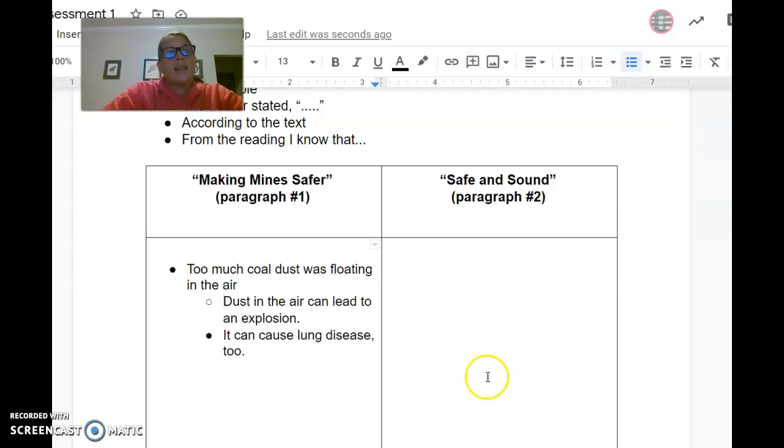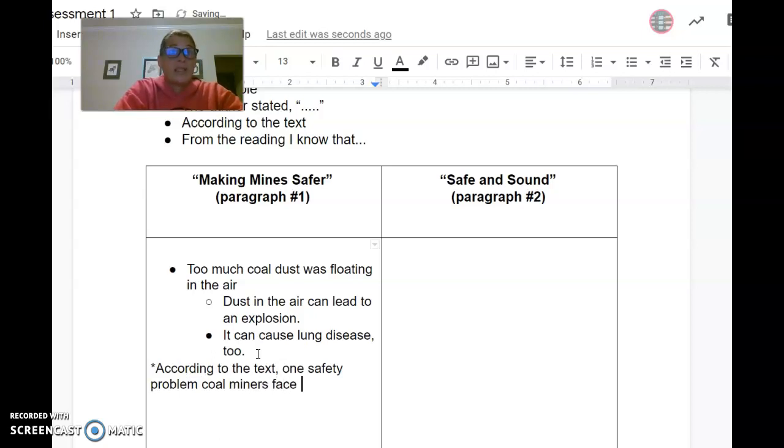So I would take these ideas and I might say, now how can I restate this into a sentence in my paragraph? I know I can say, according to the text, one safety problem coal miners face. Do you hear how I restated the question in my sentence?